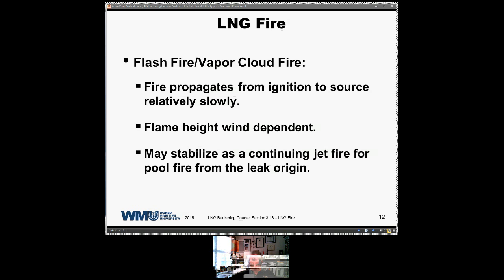Initially, that liquid is going to be coming out under pressure, and it is going to pool inside the berm. So you could initially have a pool fire where the source of ignition meets the outer edge of the pool, and that in turn will work its way back, and ultimately could actually work its way back to the source, which is the liquid coming out of